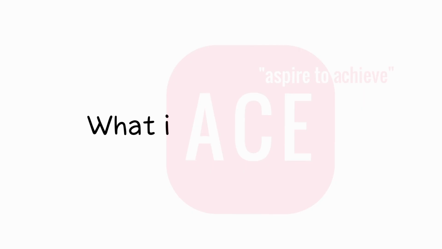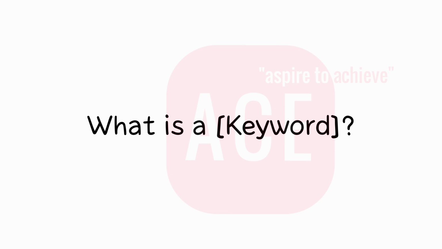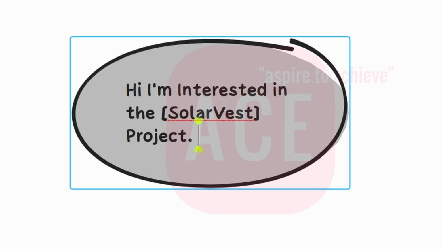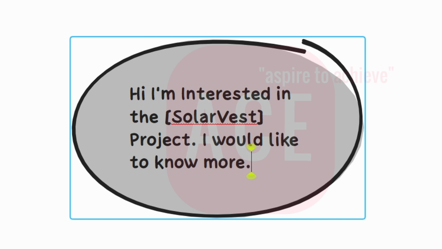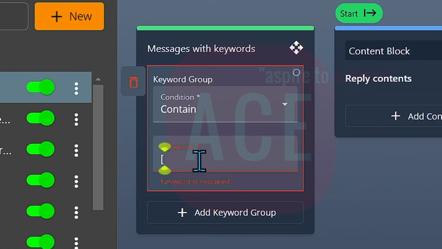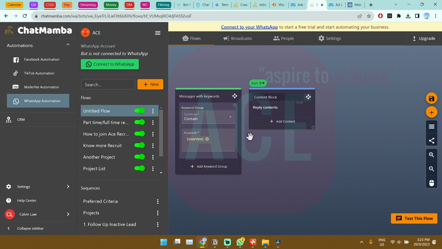But wait, what is a keyword? A keyword is technically a word that the bot searches for in a text, and based on what the text is, the bot would trigger this specific flow that you set up. In this case, our keyword here is SolarVest. It is good practice to use square brackets when you're using your keywords so that you won't accidentally trigger the flow